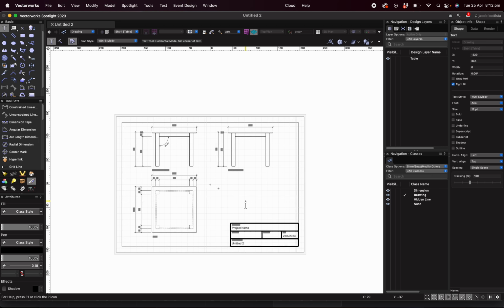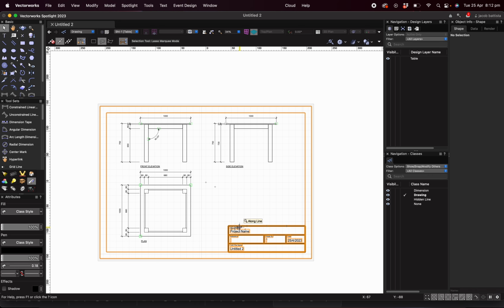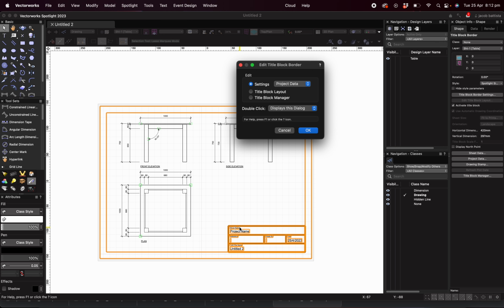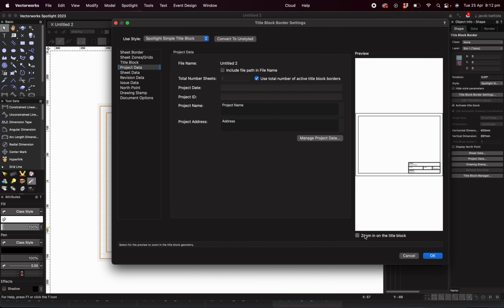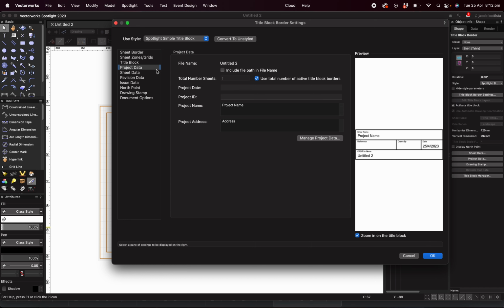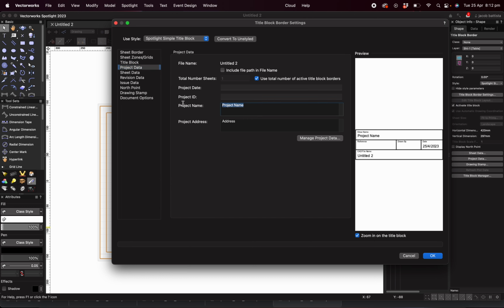This is looking really good, really professional. The last thing I have to do is edit our viewport. So I'm just going to hover over the title block, hover over that, double click, edit the settings. This will pop up. I like to click zoom in on title block so I know what I'm trying to edit here. Title block, project data, project name, table,